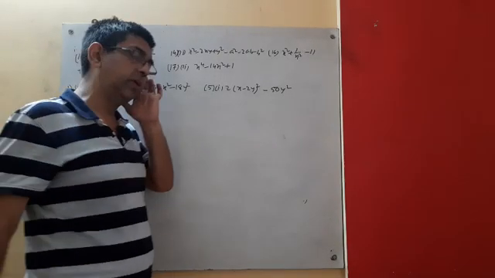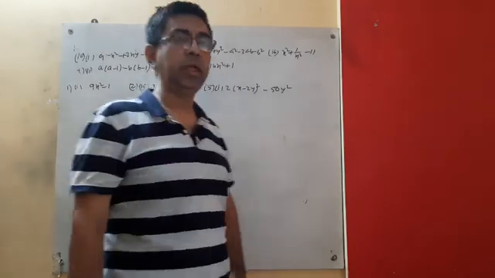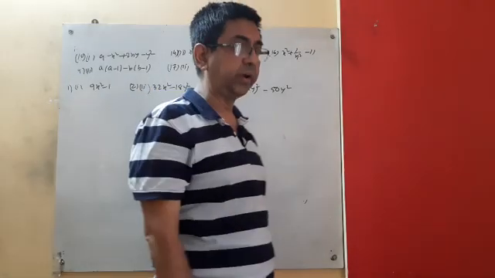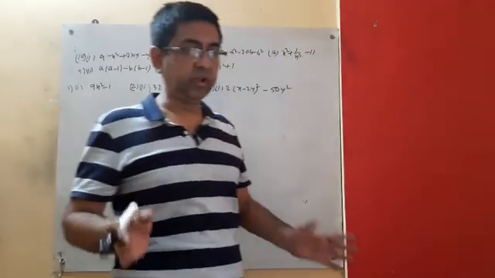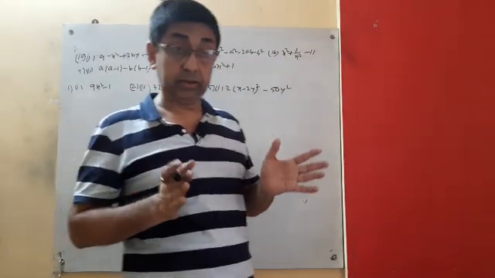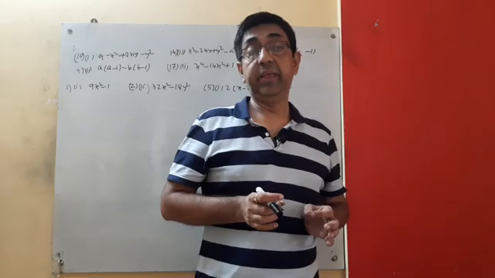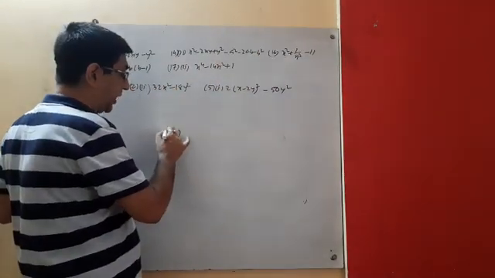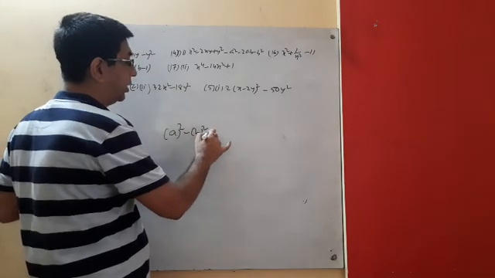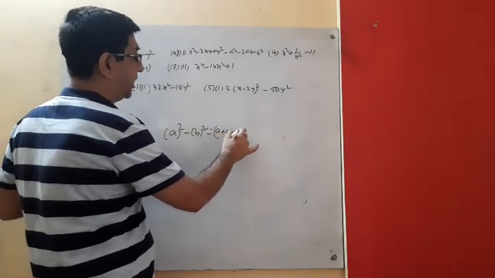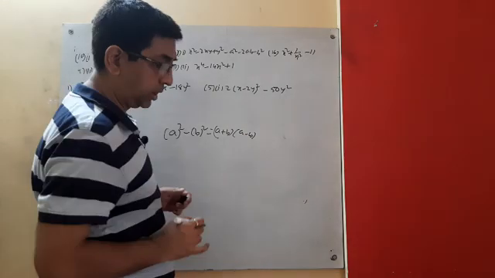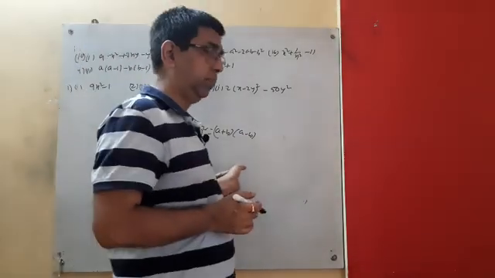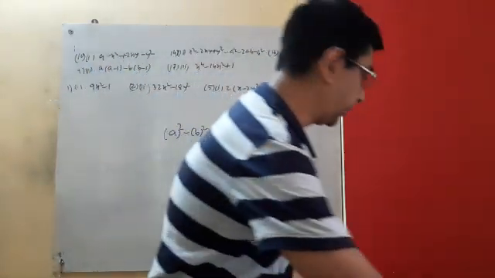Today this is the third video of factorization. Here we will do the third method, that is difference of two squares. At first we will express the expression as the difference of two squares, then we apply the formula. We know this formula: a square minus b square equals a plus b into a minus b. So this is the third type. Other types are also there, but today we'll discuss this one.